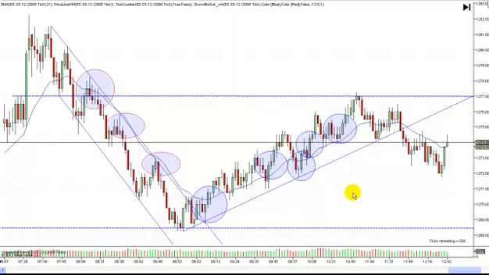So you're looking for your key entry points, which are two-legged pullbacks to the trend line and the EMA. And if these channels are bigger, it may be more than a two-legged pullback, but basically any pullback to the trend line or the EMA, and based on our rules that we teach, and if you don't have our manual,